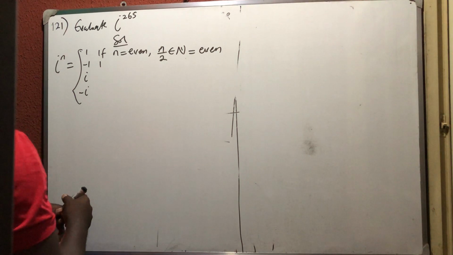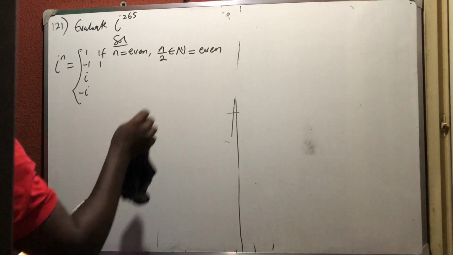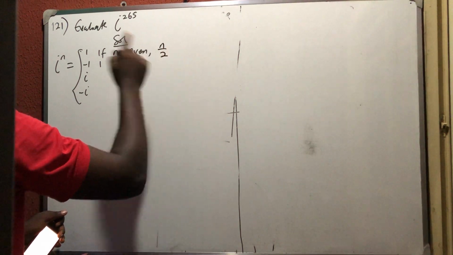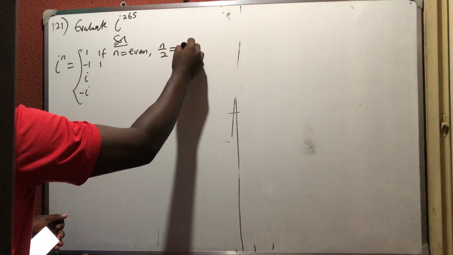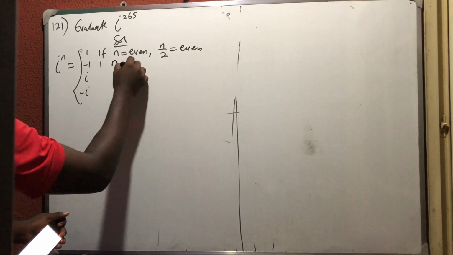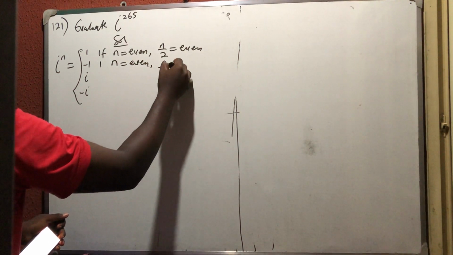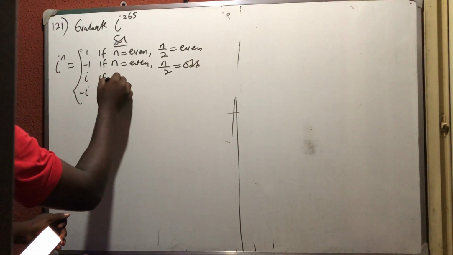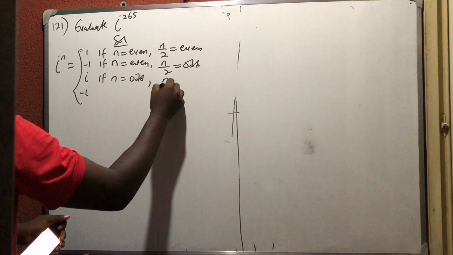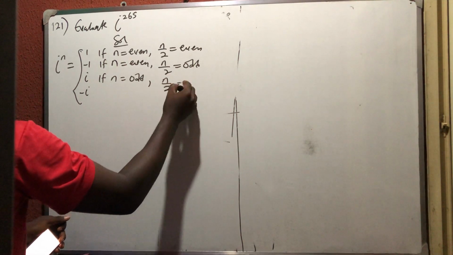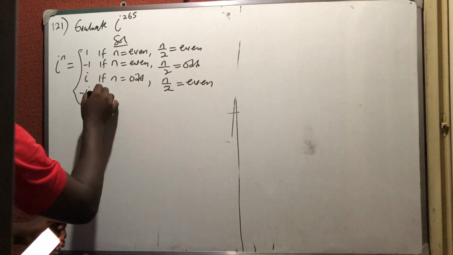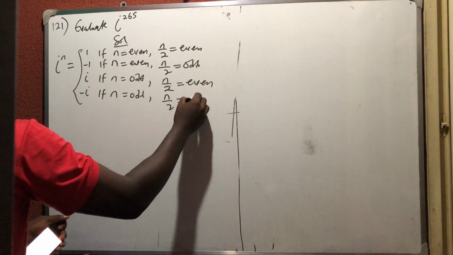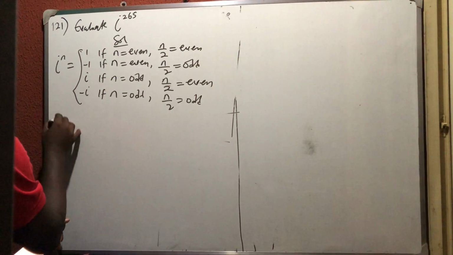In fact, all of them we need to take only the natural number, but let me just put it the way you understand. Just any divided by half of it, the whole number part must be even. Okay, this one, if n is even and then the half of it is odd, then this one, if n is odd and half of it is even, then finally, if n is odd and half of it is odd. Okay, so I raised to power